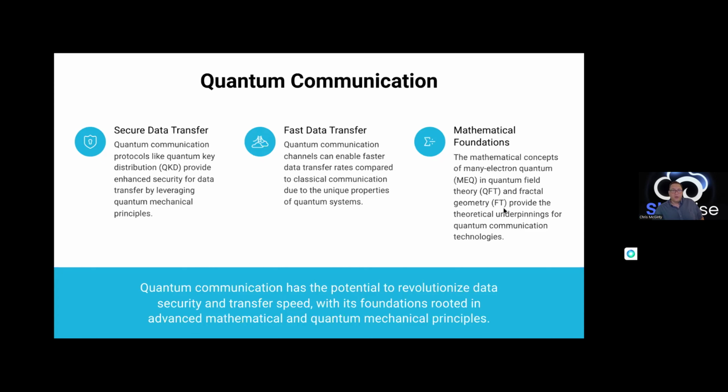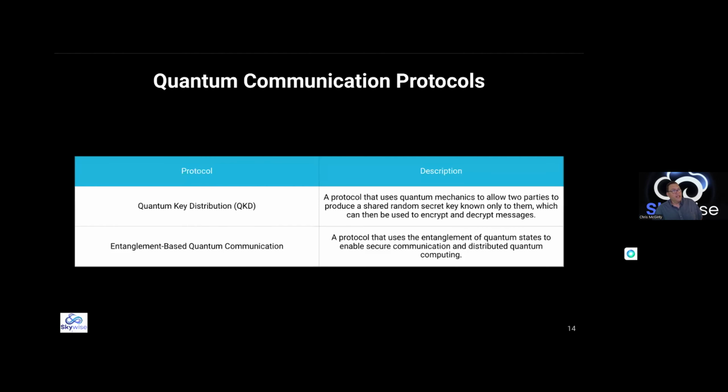And due to the nature of the quantum world, if you look at it, it changes. So it's immediate. There's no eavesdropping, no hacking, nothing, because if there's any observation outside of the private keys, it's immediately detected through quantum mechanics. So it makes it very viable for protection of data. We use quantum key distribution and entanglement-based communication. So there are two different ways of doing it, but QKD is an important factor in this